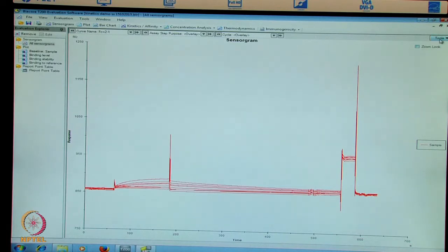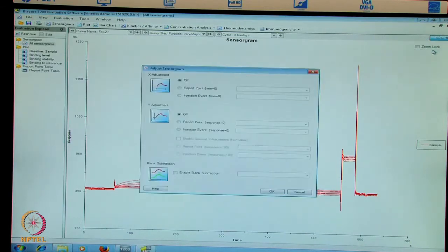Now we go on tools, sensogram adjustment, report point, baseline,